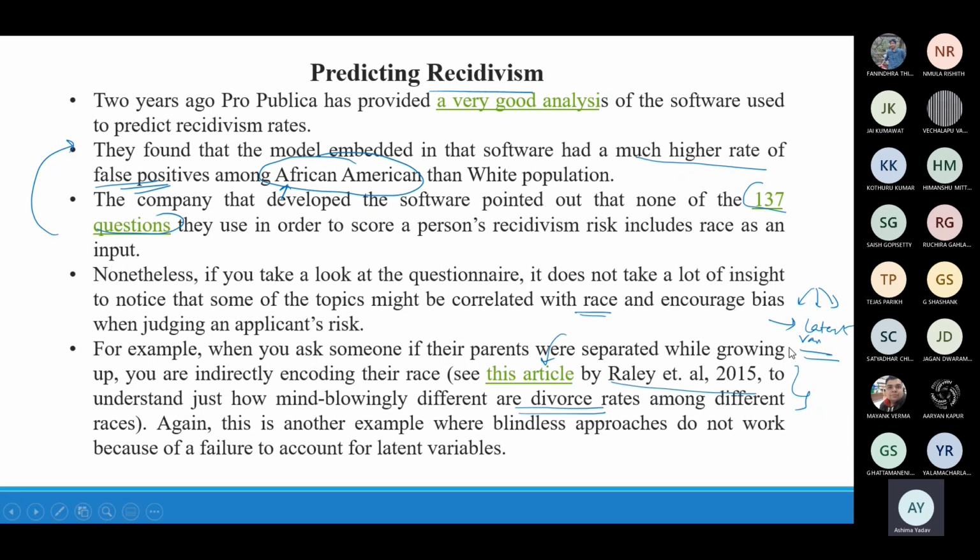So you have to see, it's not only the data set which might be wrong, it might be other parameters or other hidden information, other latent variables which might be indirectly affecting the performance of your model and creating bias in the data. That's why it becomes very difficult for people to see why their model is not performing up to the mark, or why there is so much bias in the model, because according to them they did everything correct, but still they could see bias in their model.